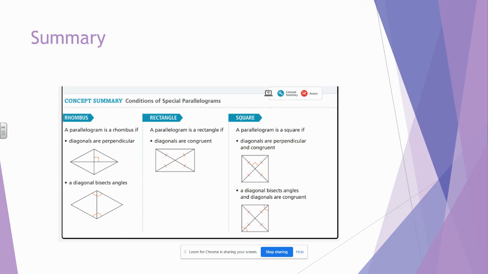All right, so last we have our summary of the concepts. So if you don't have this in your notes, I would highly recommend copying this down. It has everything that we need to know about the diagonals of our special parallelograms. So once you're done with this,